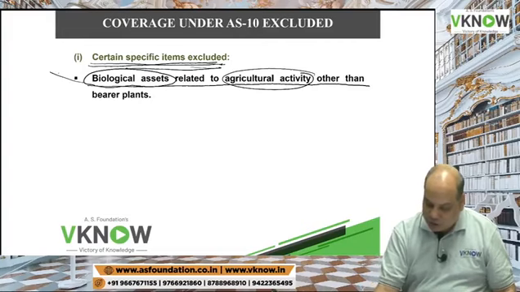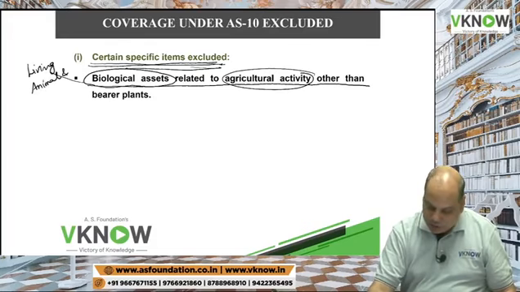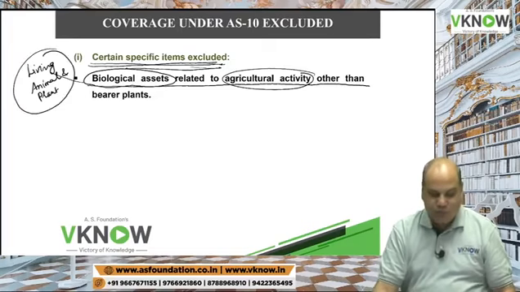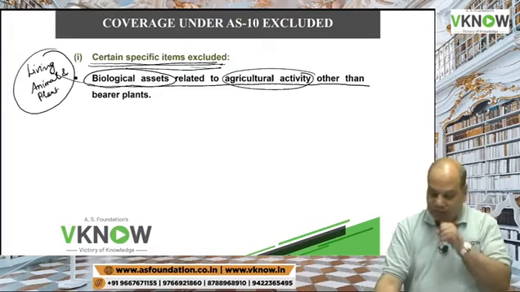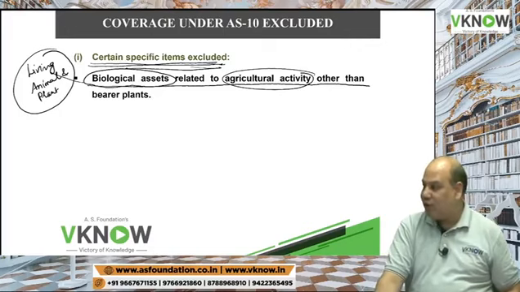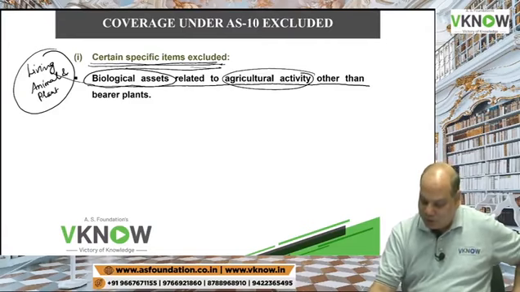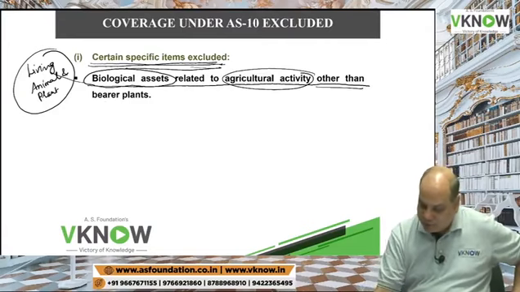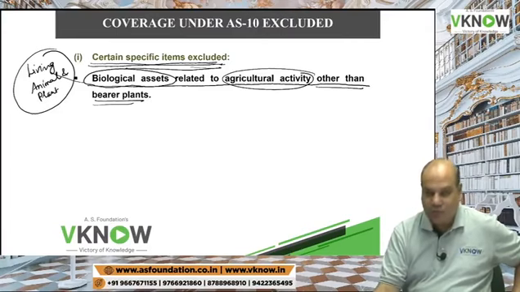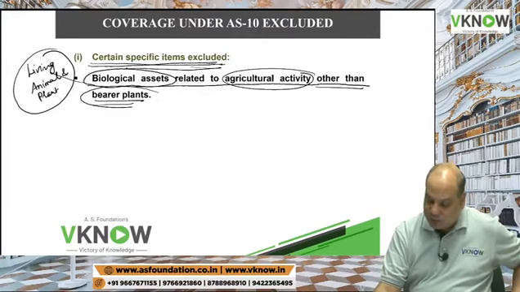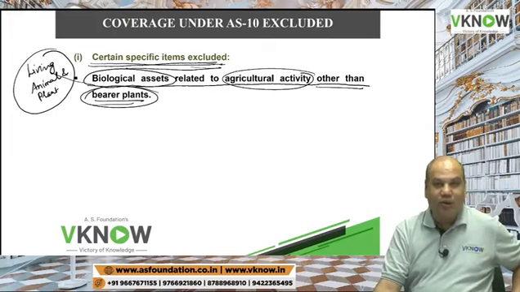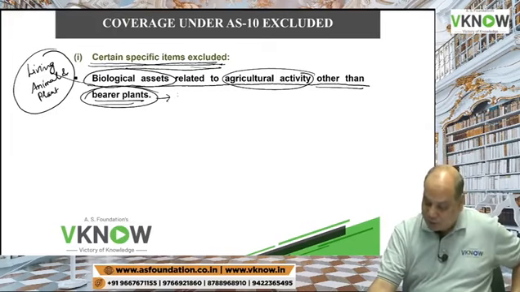So for example, biological assets means living animals and plants, those which are alive, not dead. Biological assets, which are living animals and plants, are not covered by AS10 other than bearer plants. But if it is a bearer plant, AS10 is applicable. Bearer plant means